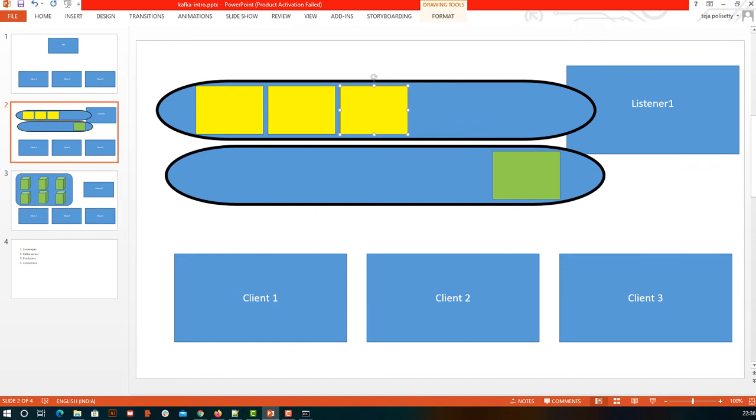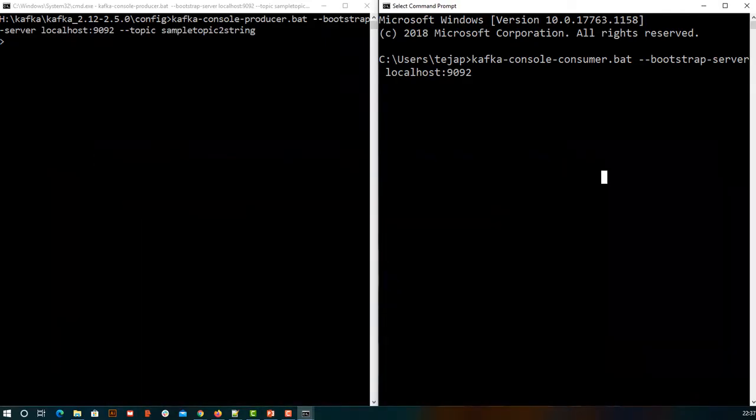It knows already from where it should start consuming, but since our consumer is starting for the first time, we should tell it whether to start consuming from the very beginning or from now onwards. From now onwards means if any producer places any request on the queue, you start consuming. For that we have options, either from beginning or latest, but for now we are going to use the option called from-beginning. If you don't write from-beginning, the default will be from now onwards, so you consume only new requests on the queue.